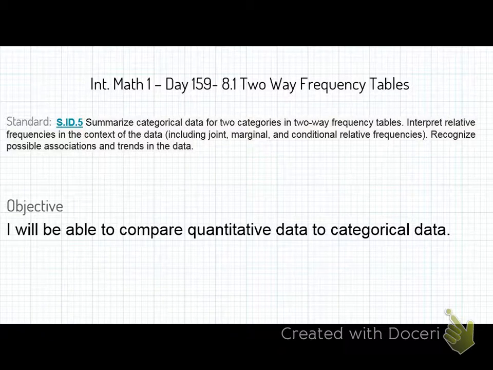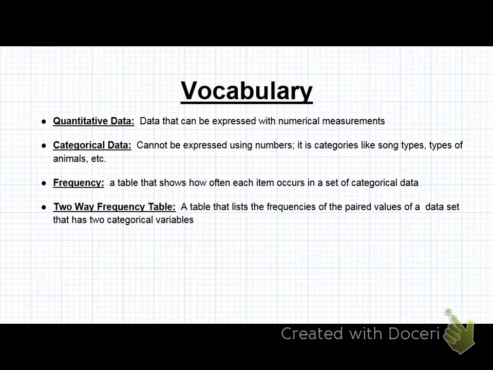Okay, so here's some vocabulary I want to go through. You don't have to write this down, but there's this thing called quantitative data. There's actually two kinds of data: quantitative data and qualitative data. Quantitative data has to do with numbers. Again, all the shoe sizes, weren't those all numbers? Yes, they're all numbers, right?